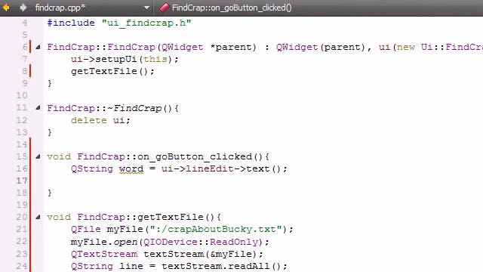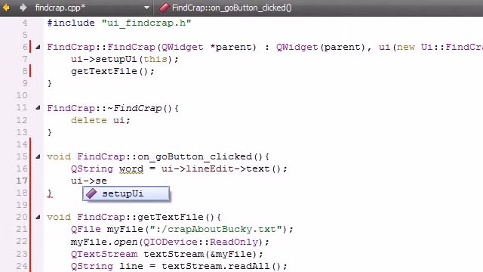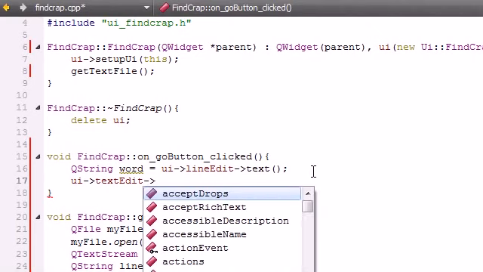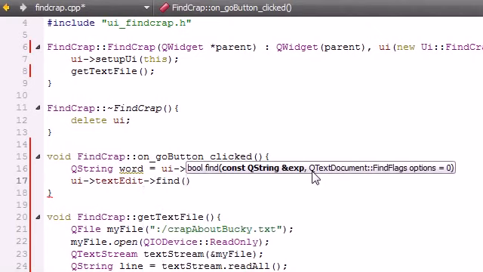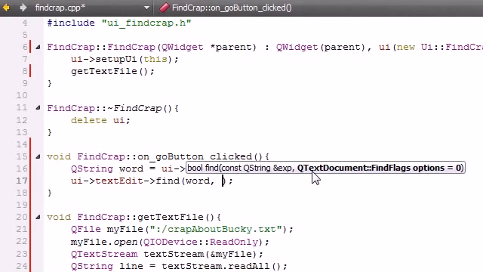So now, since we stored the term that the user is searching for, we might as well go ahead and do something with it. The cool thing is Qt already built in a function called find, which pretty much finds the next occurrence of the word based on where your cursor is. So in order to do that, of course, the user interface, and we want to use text edit, because that's the area that we're looking in, and we want to use the function called find. Now this takes a bunch of parameters and it's kind of annoying, but basically what term do you want to find or look for: word, whatever they search for, and the only other parameter is Q text